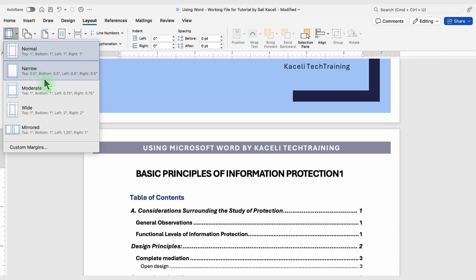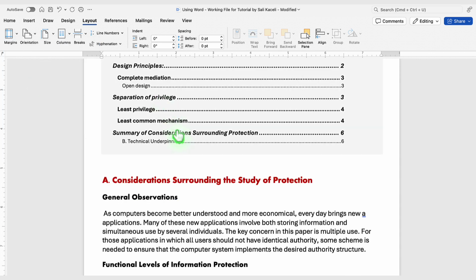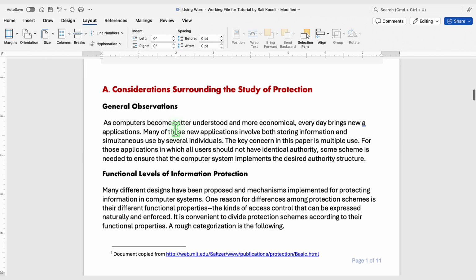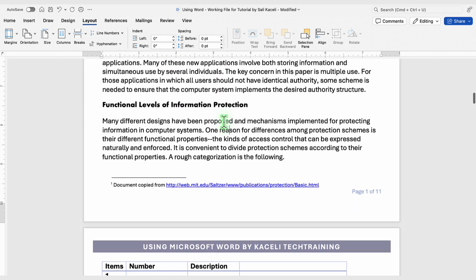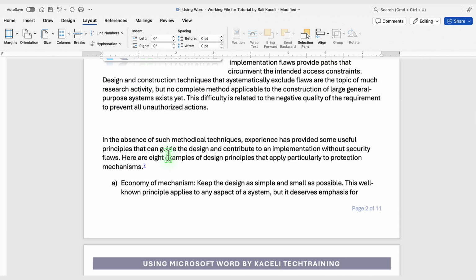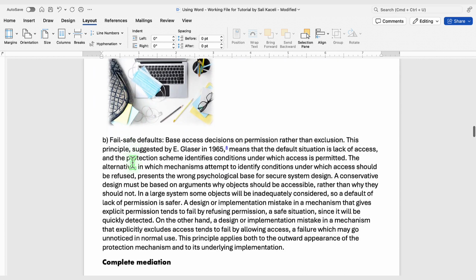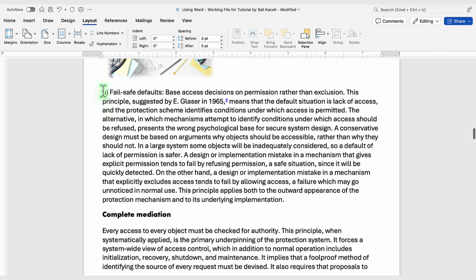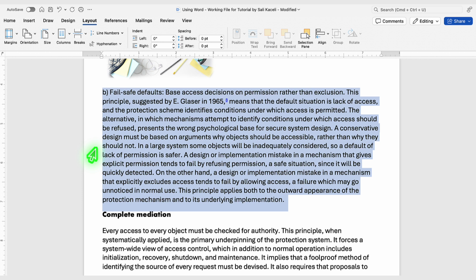However, if we want it, let's say, narrow, we can change it to narrow 0.5 inches and the document will be automatically reformatted with those dimensions. To apply the margins just to a particular area, we can select that text. Again, we can double click to select the whole paragraph or hold down the mouse and select more than one